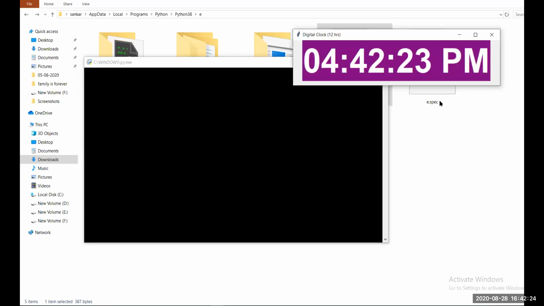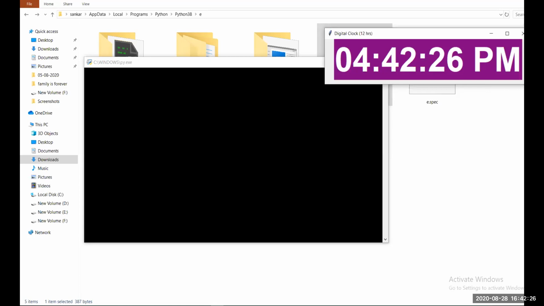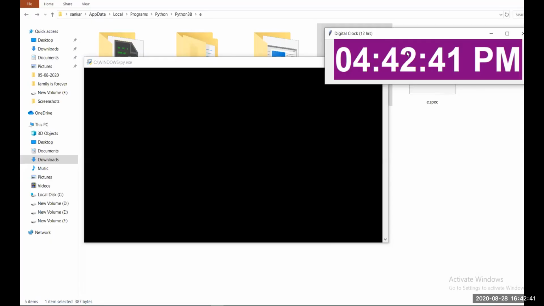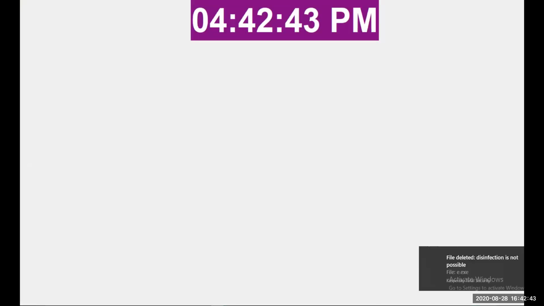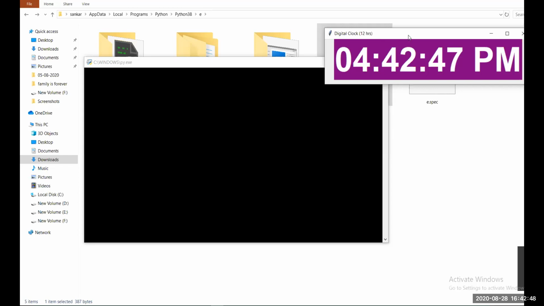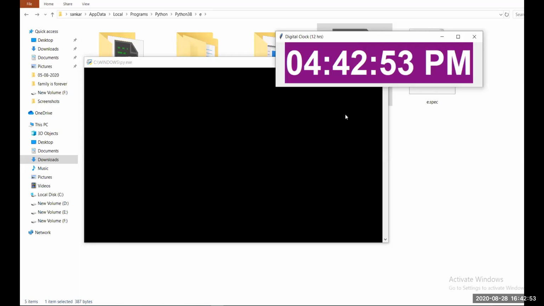So mainloop is for continuous looping. This is your dynamic window, so we need to open this window continuously. That's why I'm giving mainloop. The mainloop is used to open your window continuously by the looping concept.